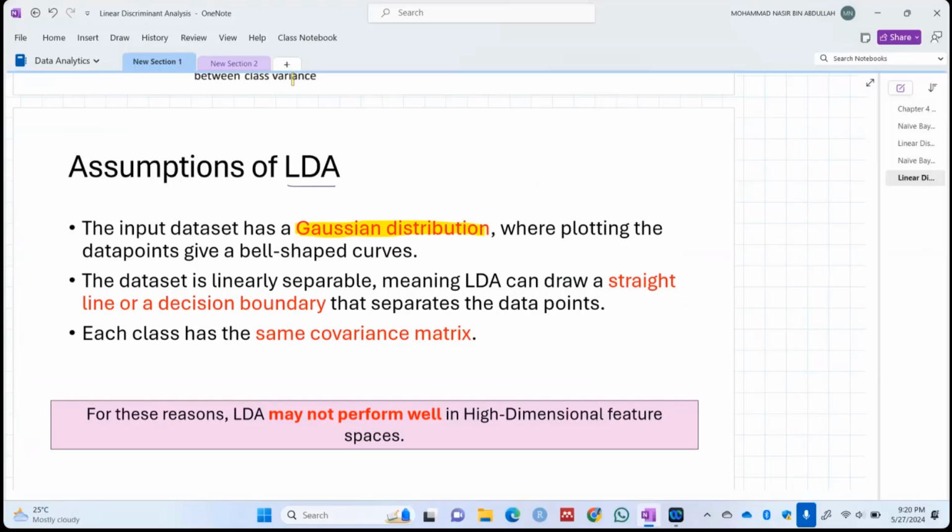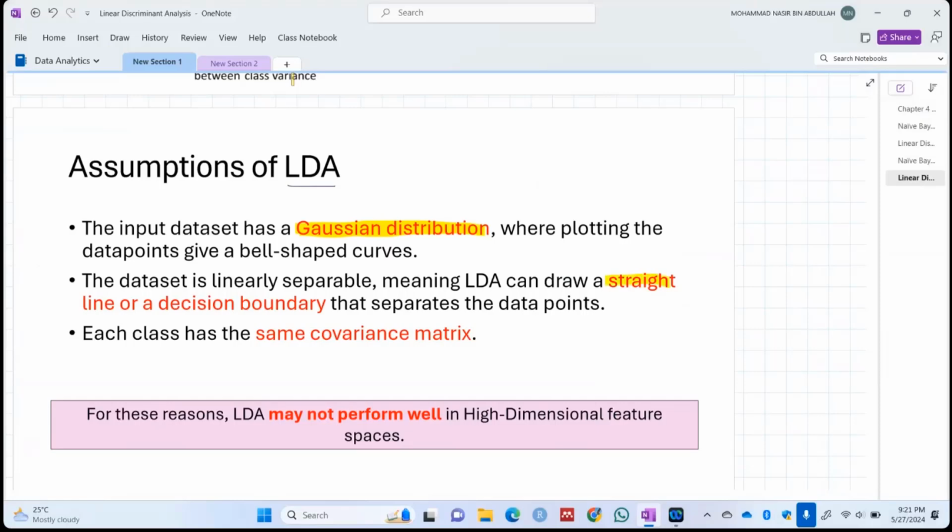So in naive Bayes, it can take categorical variables and quantitative variables as independent variables. But for linear discriminant analysis, it can only take quantitative variables as independent variables. That's why we assume the input data set should be normally distributed. Right? So then we can draw a linear line, meaning that we can draw a straight line or decision boundary that